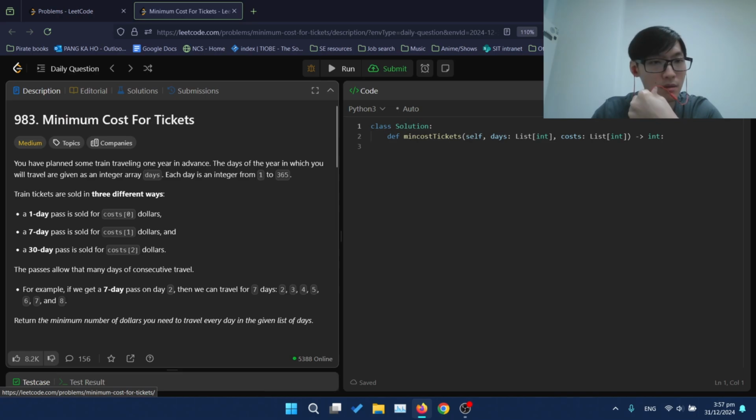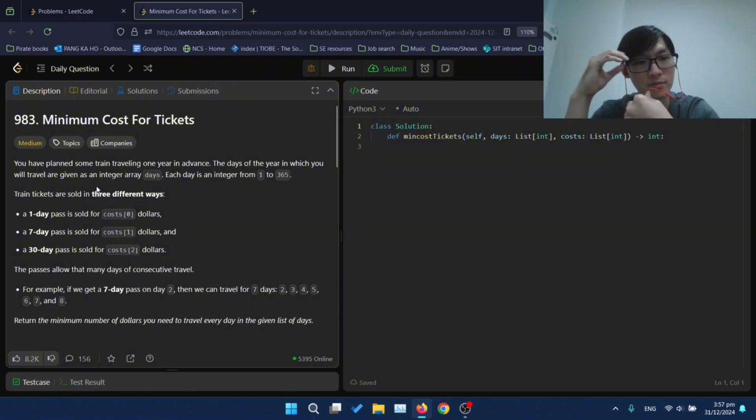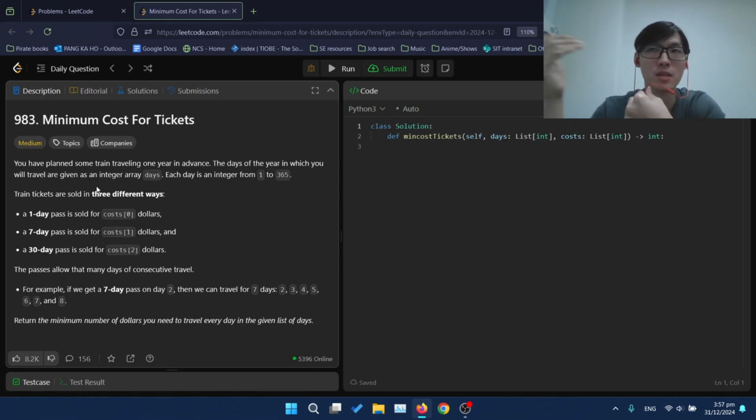Usually, for minimum or maximum problems, you can think of some sort of greedy algorithm, where if you make the locally optimal decision at each step, it gives you the globally optimal result. Now, I'm not sure if that's the case for this problem.